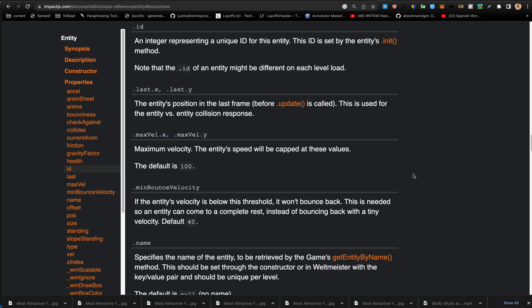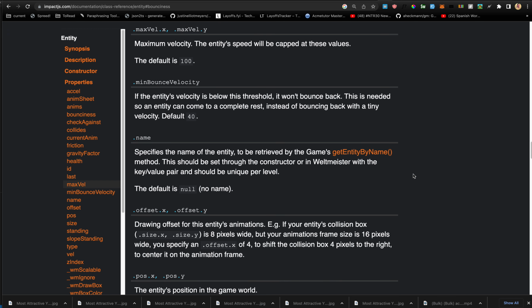Max velocity and max velocity in the Y direction is basically the maximum velocity that the entity can have. The default is 100. The minimum bounce velocity is 40 by default. If the entity's velocity is below this threshold of the minimum bounce velocity, it won't bounce back. So this is needed so an entity can come to a complete rest instead of bouncing back with a tiny velocity. Name specifies the name of the entity,